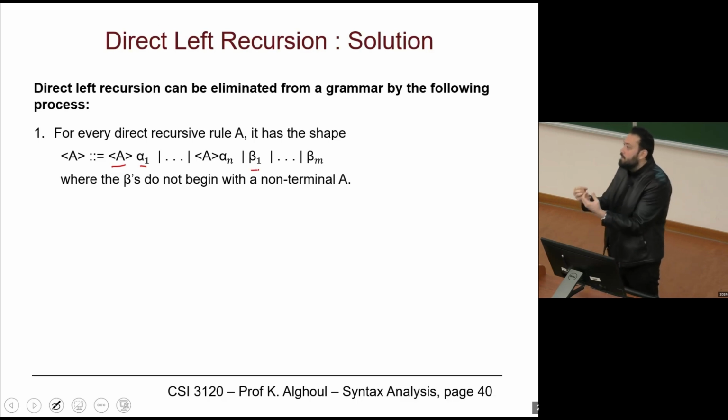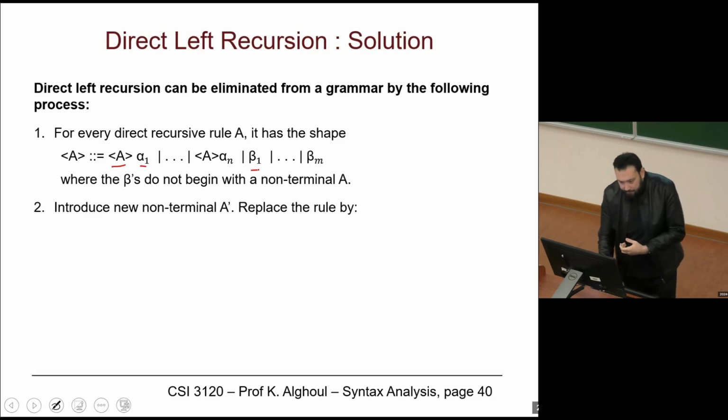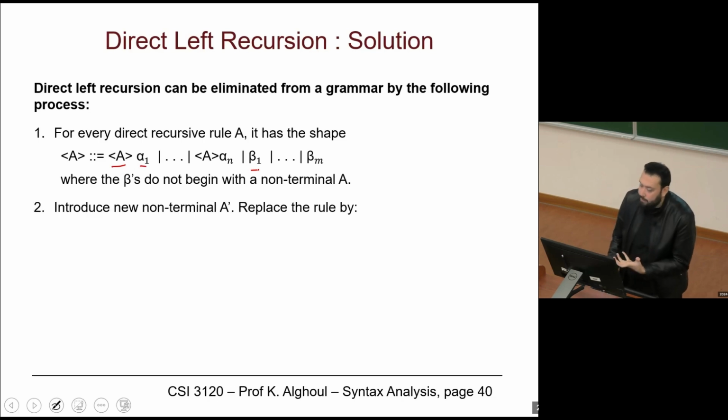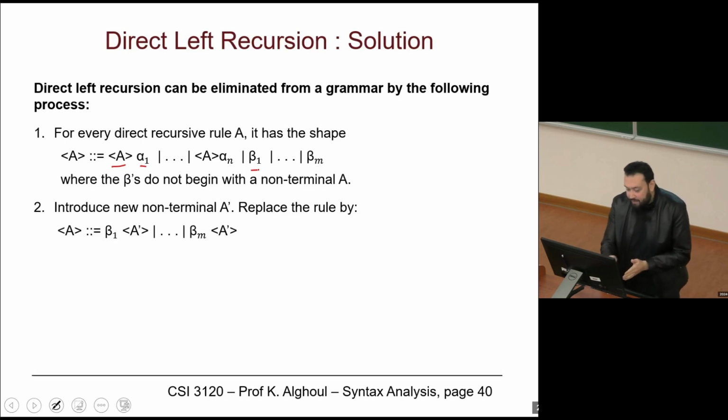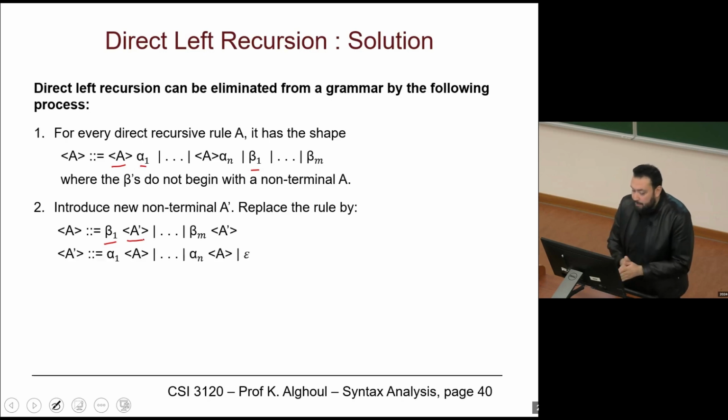So my aim here is to follow a step where I don't get stuck. So I want to add something that doesn't begin with a non-terminal. How can I do that? So we want to introduce a new non-terminal A prime and replace the rule by this rule. So now, if I take this, I will say my new rule is beta, which is anything that is not a non-terminal. And then I'll call A prime. Okay? Now, what is A prime? A prime can be anything like alpha and then A prime, or